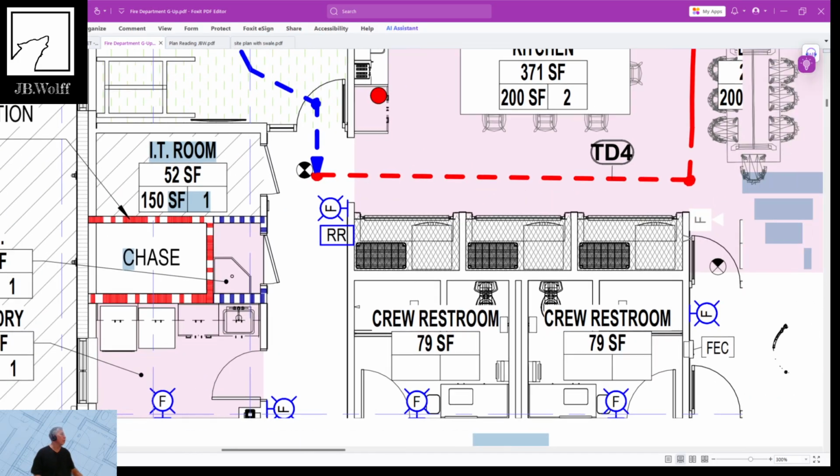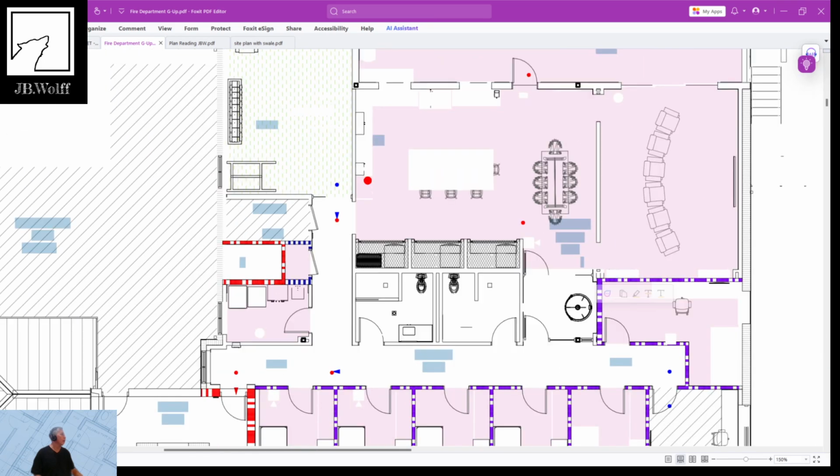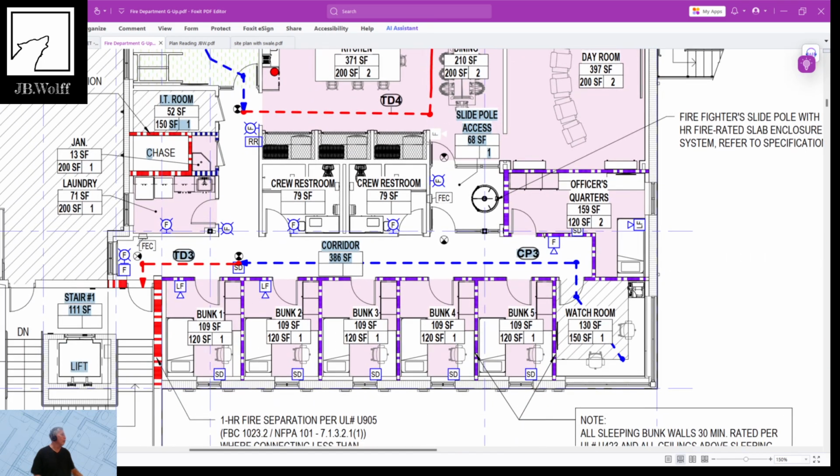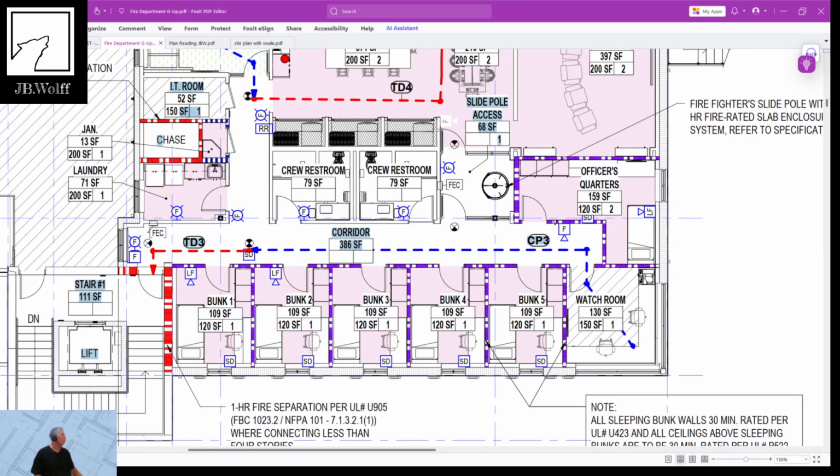So let's pull back out here. As you can see, all of the bunks outside of that first one are,